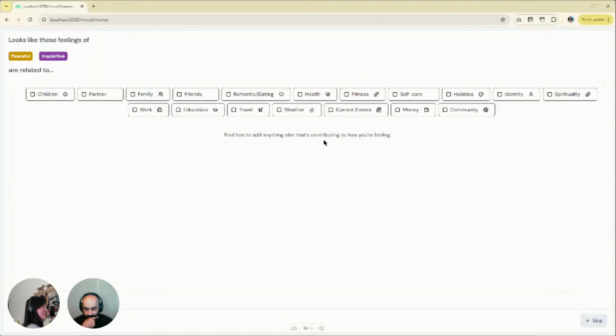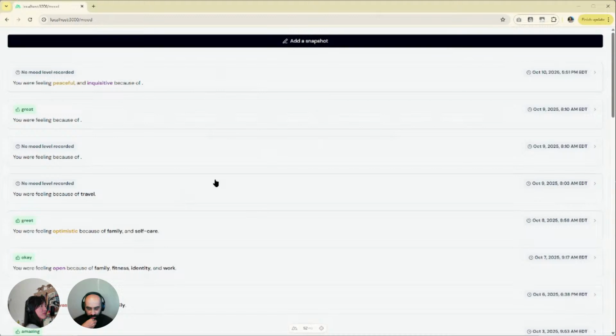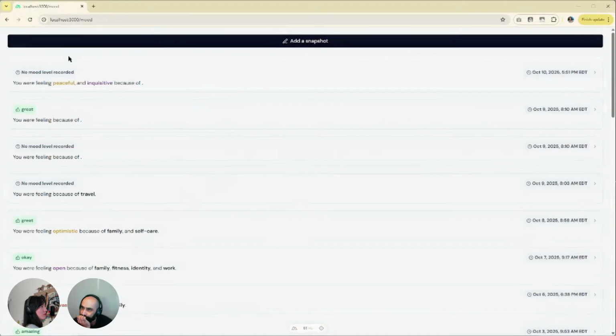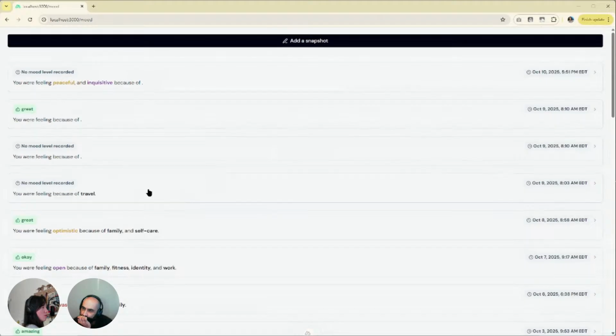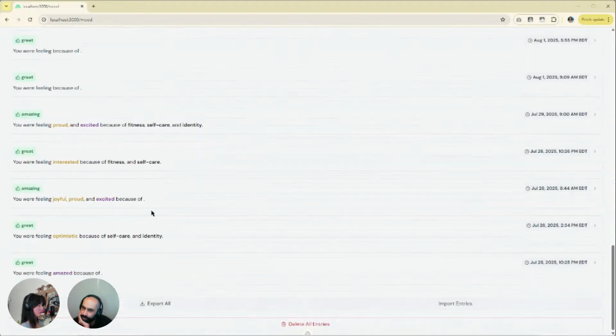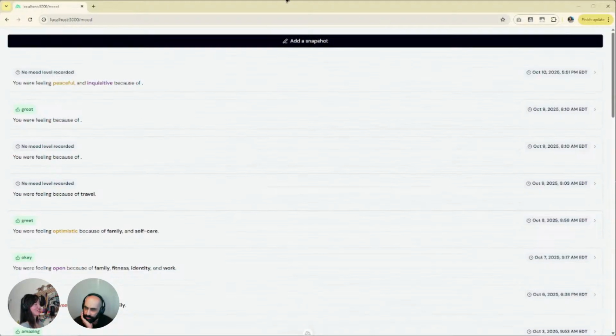I don't think there was anything else that I played with. Oh, there were. Again, this is me experimenting with a situation where you don't record a mood level. So I played with that a little bit, just displaying that. I moved, I don't know if this is pre or post us working on it, the button up rather than it being anchored at the bottom, because at least on the desktop, I don't want to scroll down to add something.